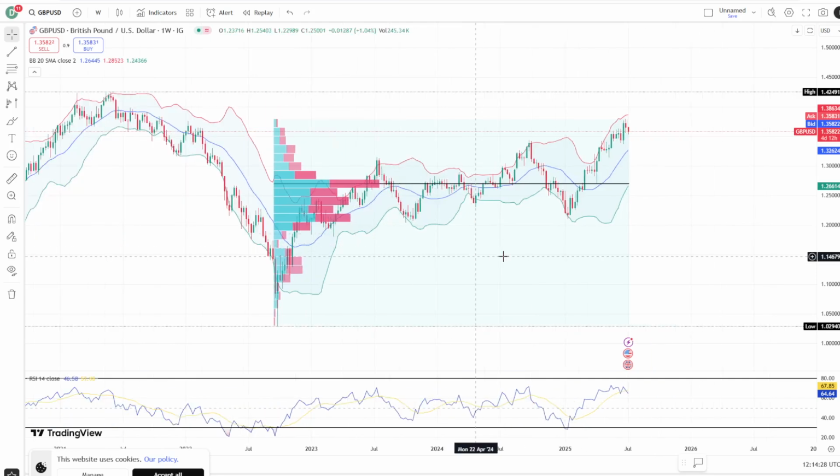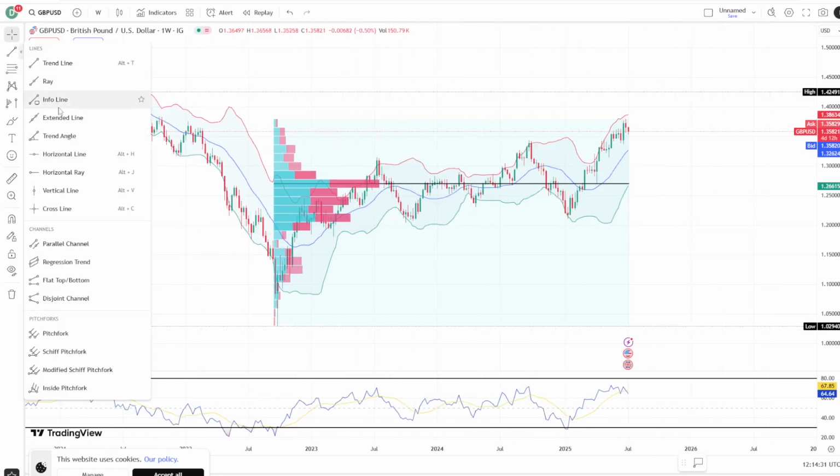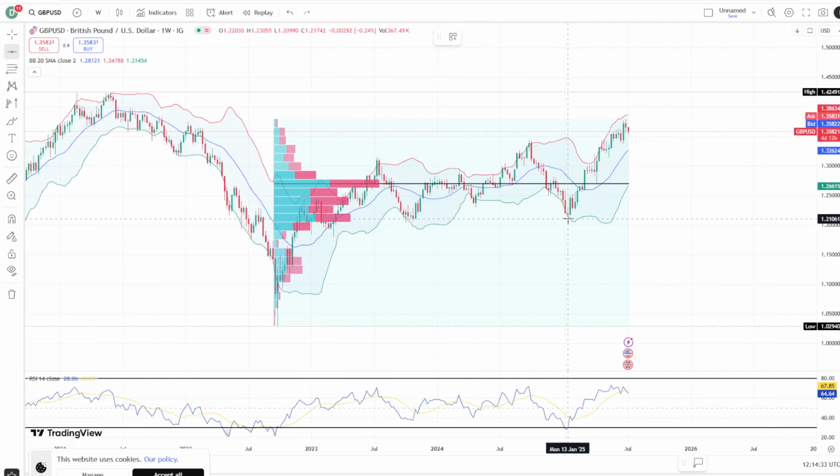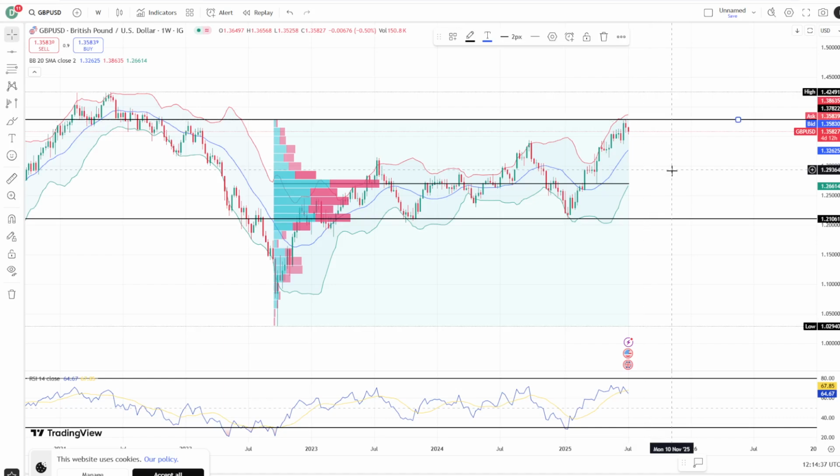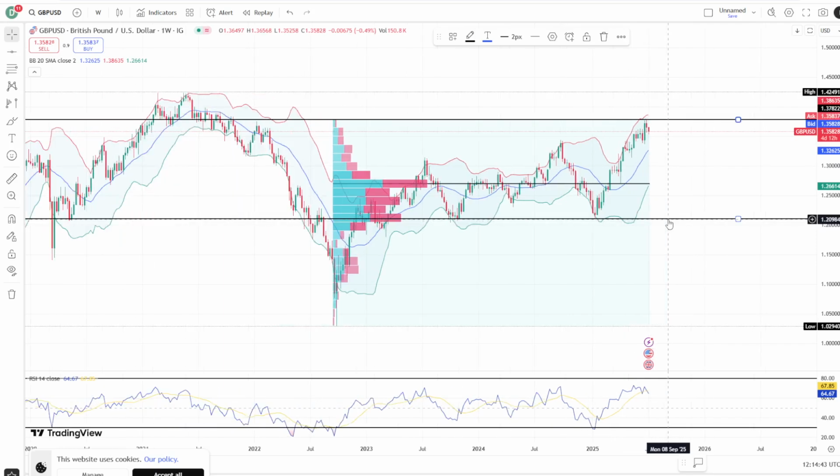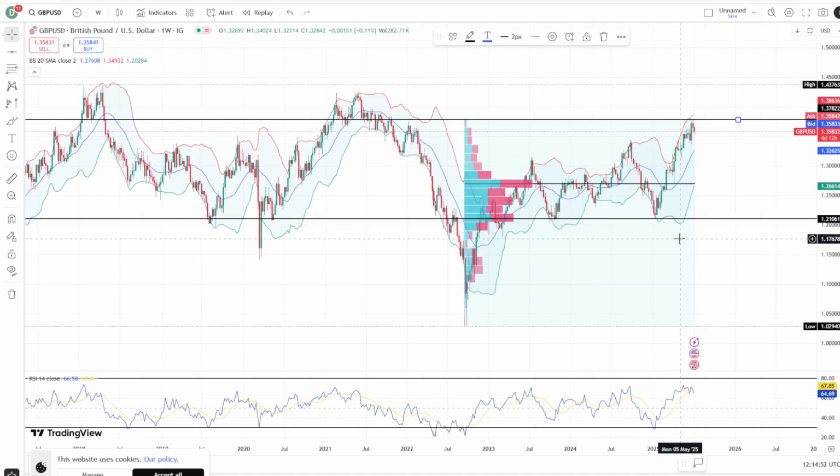What I'm saying is people who draw lines of some sort, let's say I have a support here, I have a resistance here, and the Bollinger Band is giving me a trend reversal signal. So the content today has been especially made for technicians, and I'm very glad to share with you